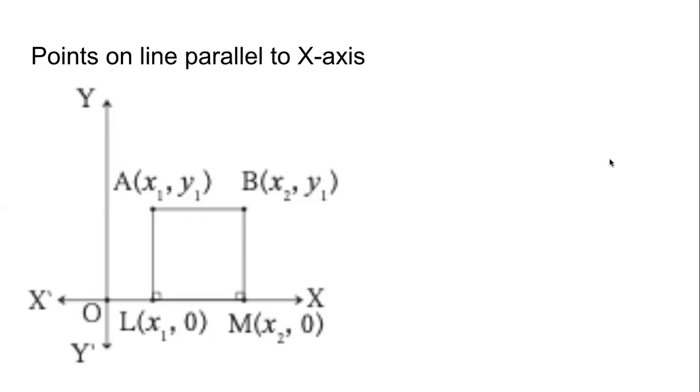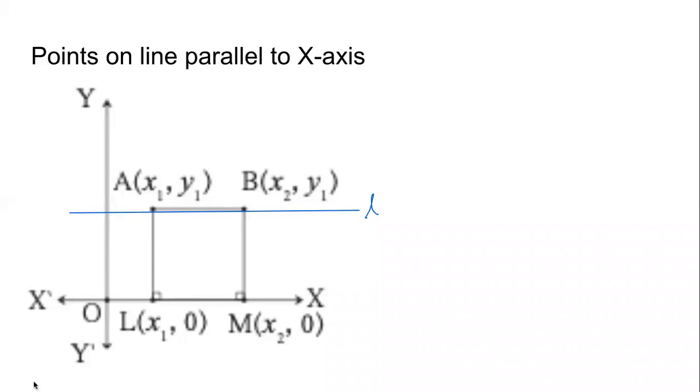What if the points that we have are not on the axis, but on a line which is parallel to the axis? Where is that line in this diagram? Yes, it is there. Don't worry, it is there. I am forcing you to try to imagine this line. So A and B are on this line. We can name it anything, but a small letter. Suppose this line is L. So A and B are on this line L, which is parallel to the x-axis.